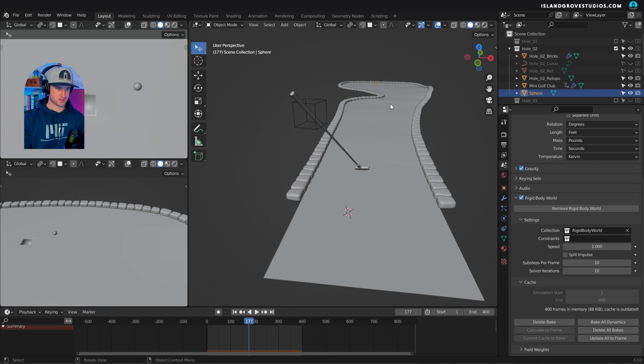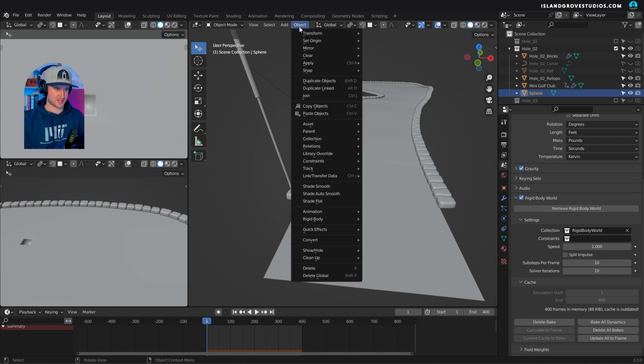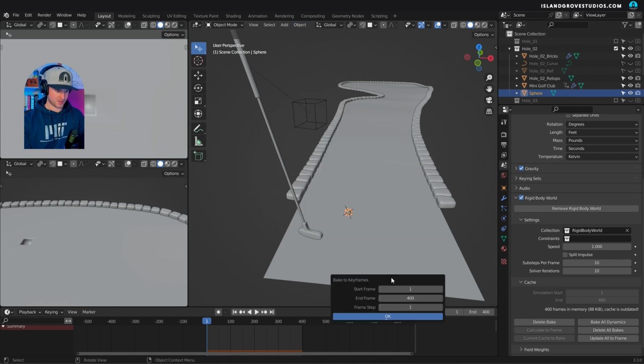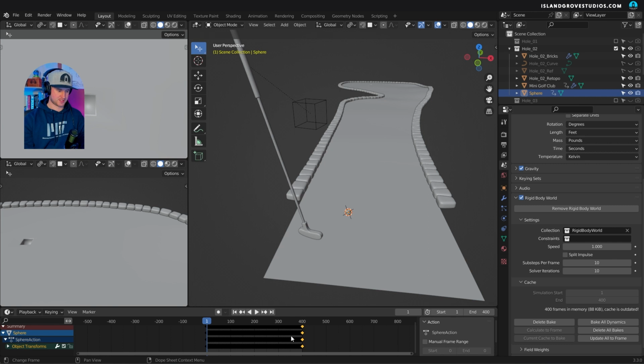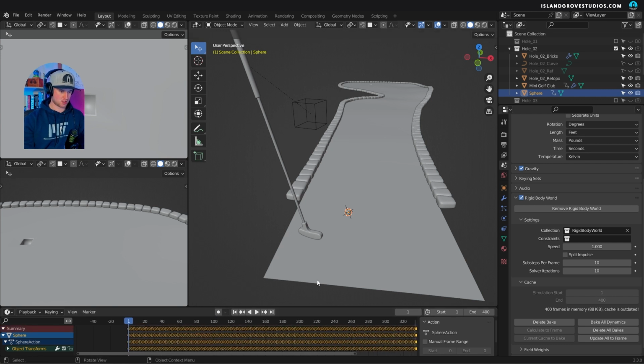Now it's baked keyframes. Oh, actually, you know what? It's not. I should do that. Right now it's baked to the memory of the file, but I want to bake the animation to keyframes so it's solidified. I mean, the bake is fine, but I want to solidify it. So if I go to Object, Rigid Body, Bake to Keyframes, 1 to 400, now you'll see all of these keyframes